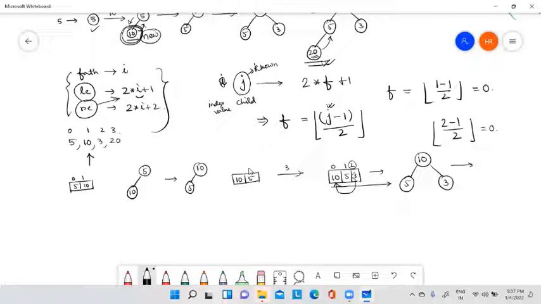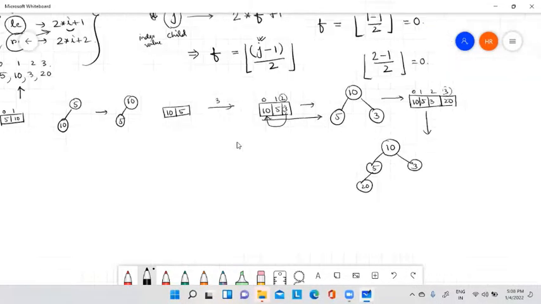Now next I will move forward. So another element will be added. This is 10, 5, 3. Now 20 is added. What is the index value? 0, 1, 2, 3. So the index value of 20 is 3. And what is the pictorial representation of this? The pictorial representation is 10, a complete binary tree. Draw only a complete binary tree: 3, 20. This is the pictorial representation.